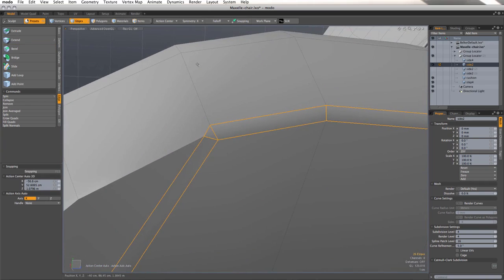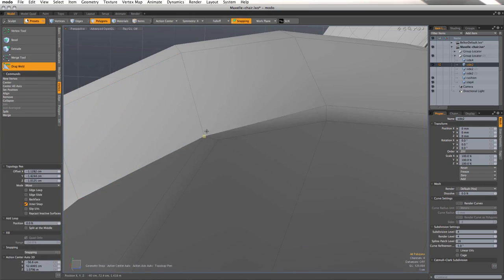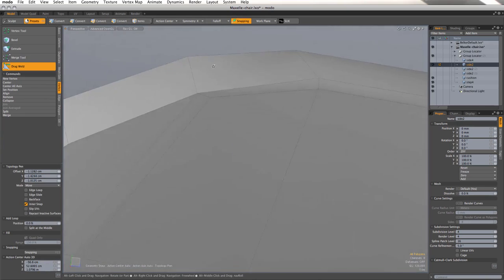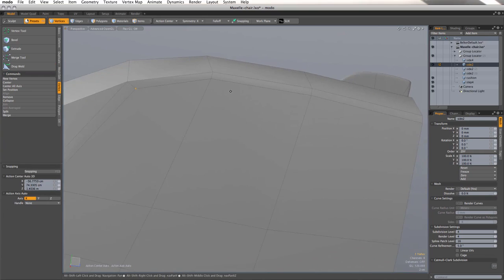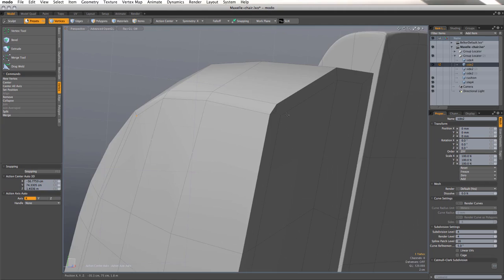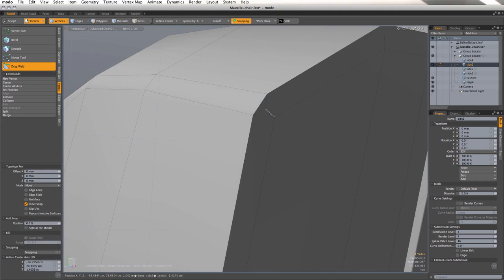I'm trying to keep those four-sided polygons going, so all I have to do is just go into vertex mode and activate the drag wheel tool and just move one of the vertices to the other one, and it will disappear and allow me to keep my four-sided polygons going. Then just hit W and move it in position. Moving to the back here, in this case actually a triangle is better than what I have right now, so